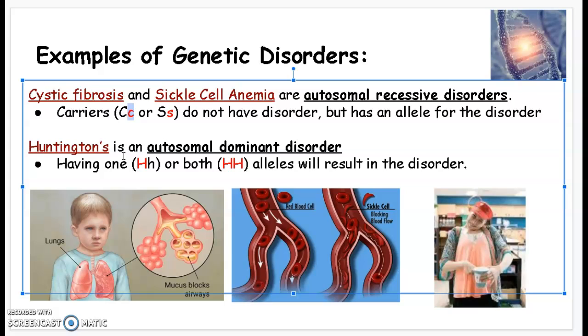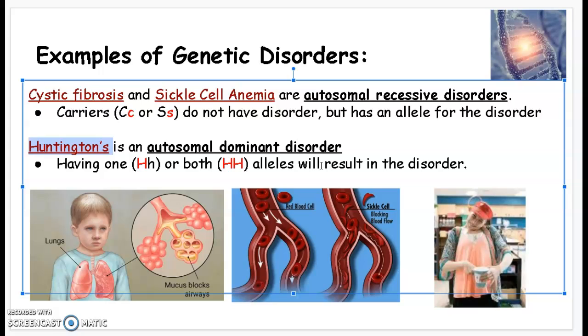So you actually can be a carrier and not have the disorder, but you run the chance of passing this one allele to your children. Now, there are some dominant disorders. A very famous one is known as Huntington's. Huntington's is a